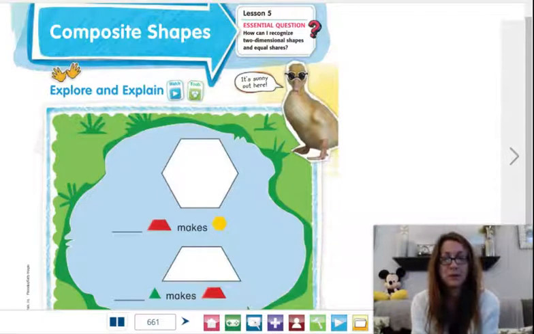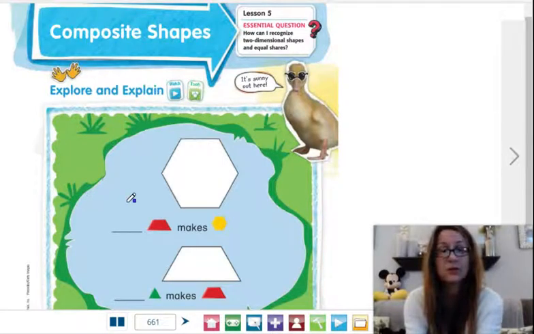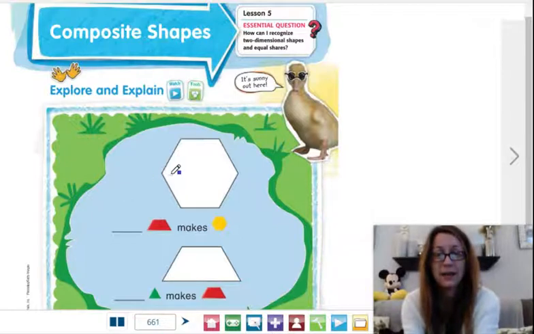We have two white composite shapes, and they are asking us to figure out which two-dimensional shapes are making up the composite shape. So the first example at the top has a trapezoid. So we need to figure out how many trapezoids are going to make up this composite shape. So if we look at our trapezoid, we know that a trapezoid has 4 sides and 4 vertices. And if I draw a line across the center